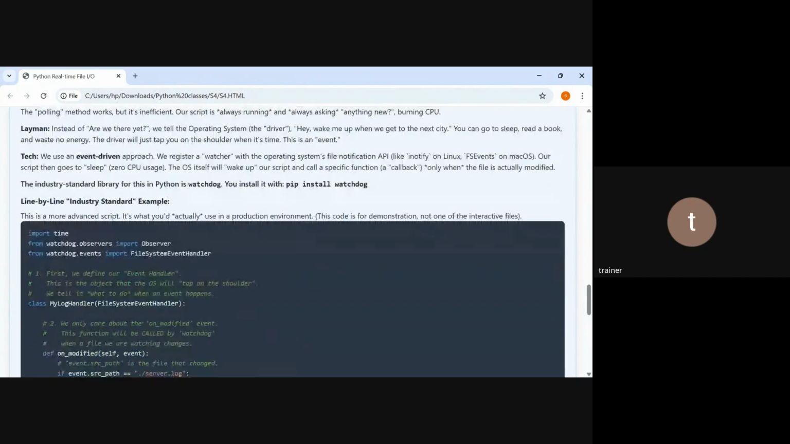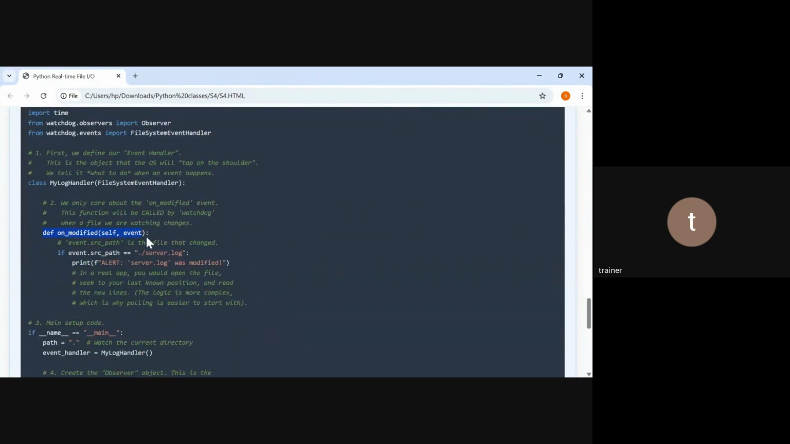Then it is reacting to file changes. That is def on_modified, the modified event. The function runs automatically when a file is modified. You don't call it yourself. The OS calls it through watchdog. Watchdog we already imported, so it does it on its own. So inside the function,